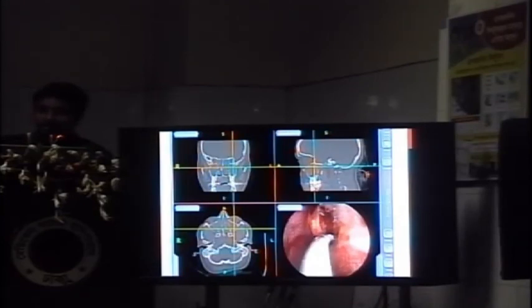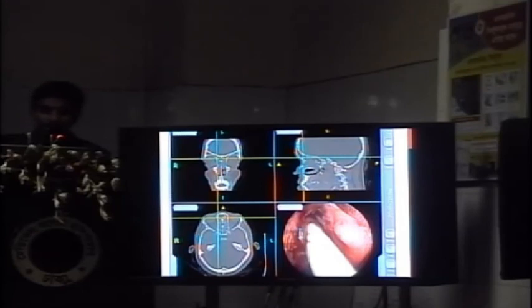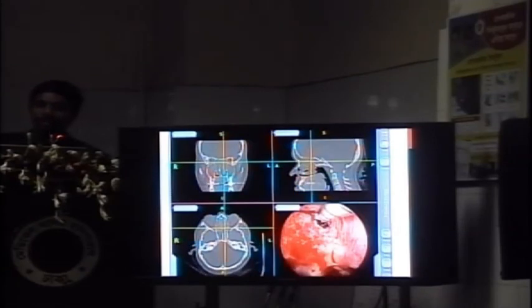Now the instrument is actually inside the maxillary sinus. Now you can know the relationship between the orbit as well as the orbital wall and the maxillary sinus. Now the instrument is actually in the frontal sinus area. We have crossed the frontal beak and entered into the frontal sinus, and we can very clearly see it on the coronal and the sagittal cuts. The instrument is just anterior to the sphenoid. We can see on the endoscopic view that the instrument is